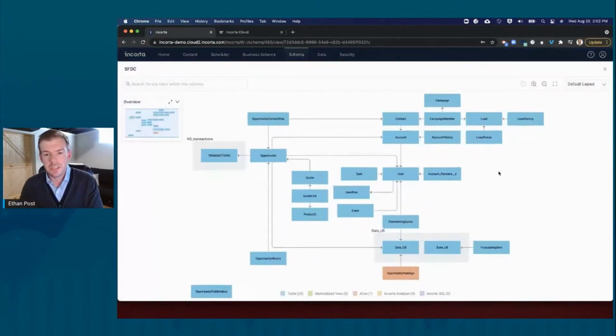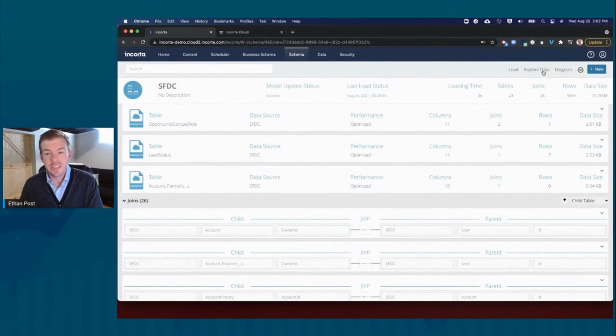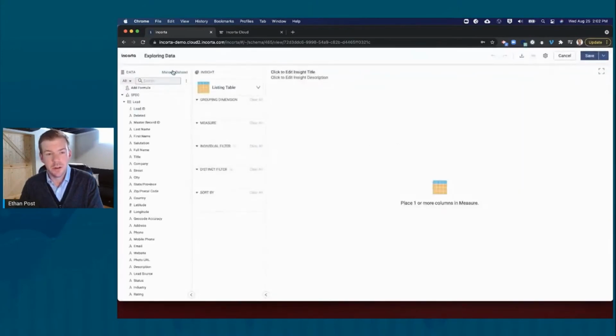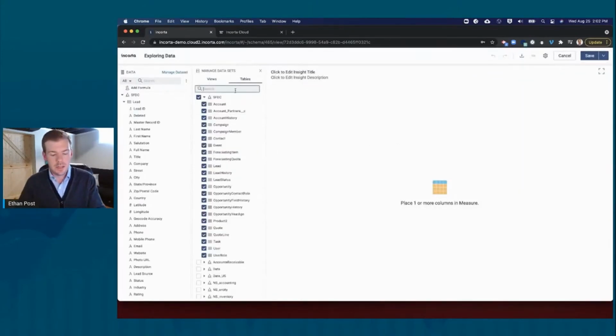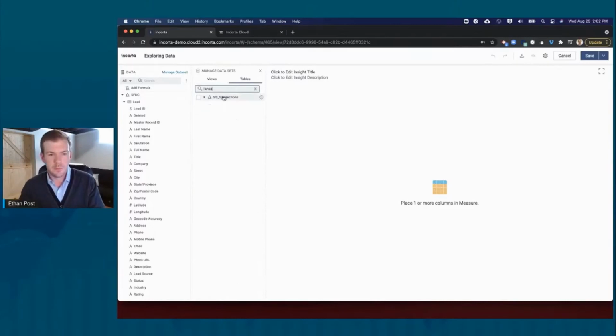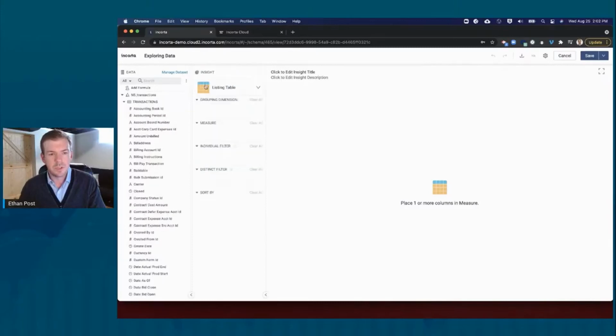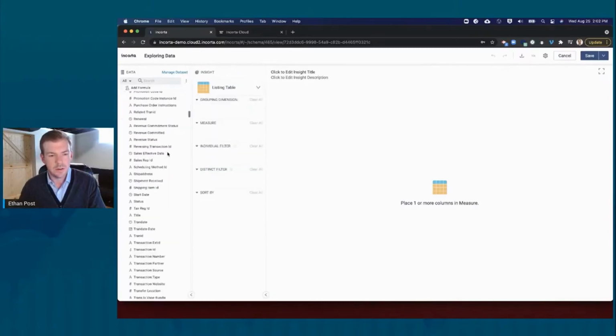And what you can see if I look at this diagram is, okay, well, now I've gone from opportunity to transactions. And the net of this is now I can actually answer a pretty complex business question, where if I go back into my visualizer, I can do something like look at my transaction table, right? And maybe what I'm interested in looking at in transactions, if I scroll down, is something like,